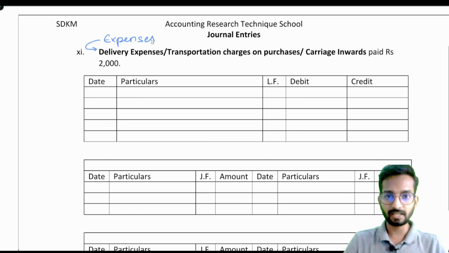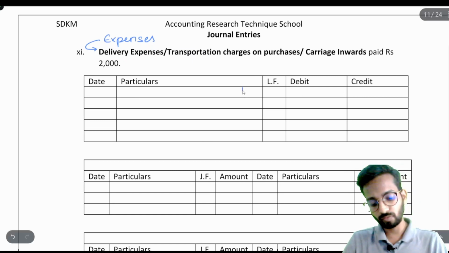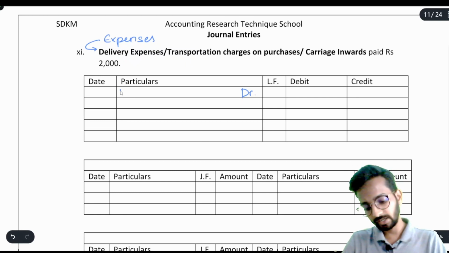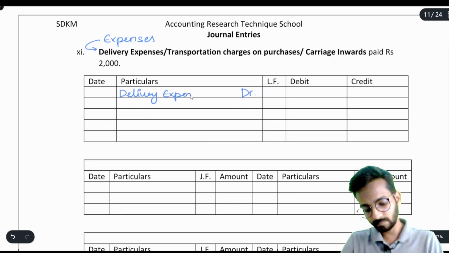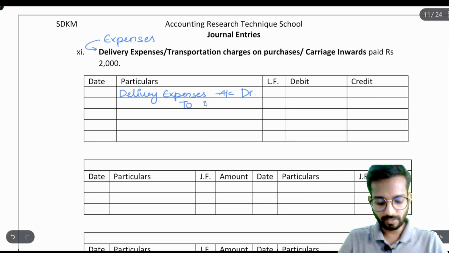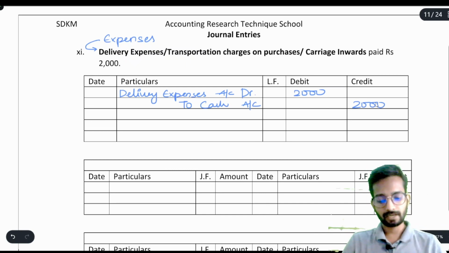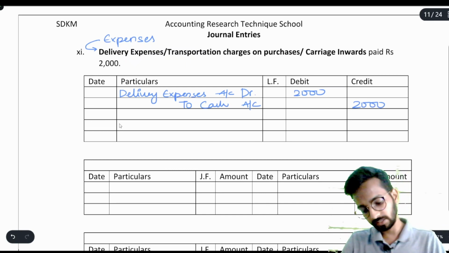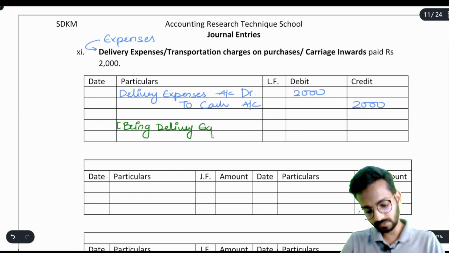It means expenses are increasing. When expenses are increasing, what do we do to expenses? We will debit, and you can write here delivery expenses account debit to, are you paying money? Of course we are paying money. So, you will write to cash account 2000 and 2000. Now, you will write the narration for this. The narration is being delivery expenses